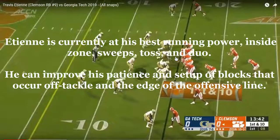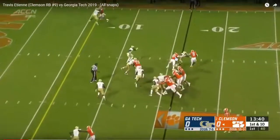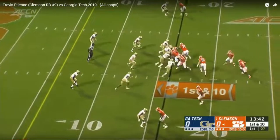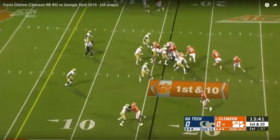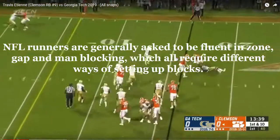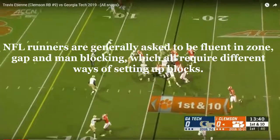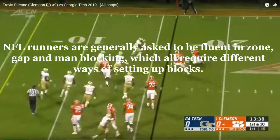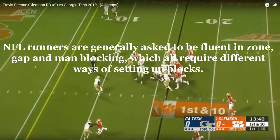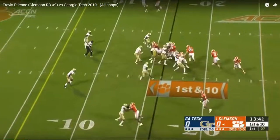And this is a good example for Etienne, so that when you start looking at box scores and you say, wow, Etienne's great, he posted 205 yards on 12 carries, yeah, he's a great college running back. But when you start watching about what you should expect from an NFL running back, these 2 plays aren't it. These 2 plays are the types of things that he's going to need to work on so that he can become a consistent yardage producer in the NFL, and that when coaches put him in the game, they know that he's going to get them positive yards or minimize losses and not take unnecessary losses